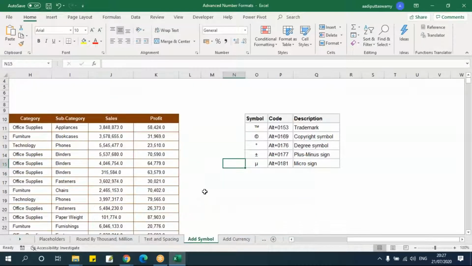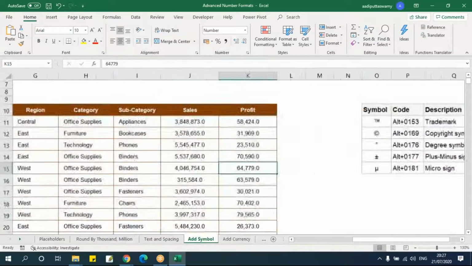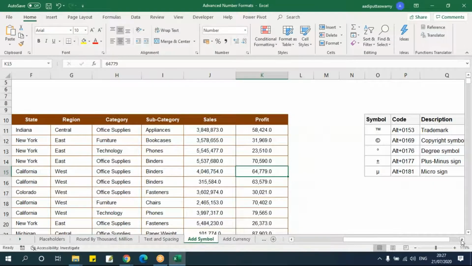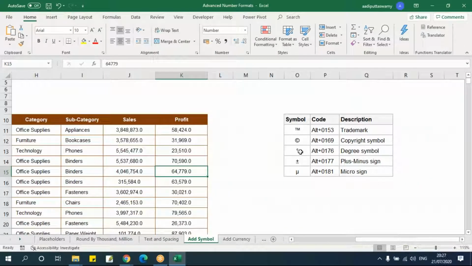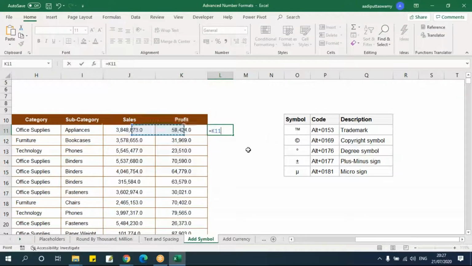All right. Symbols. I want to add some symbols here. Symbol in the sense, let's say I want to add any of these symbols, say copyright symbol or trademark symbol or whatever.